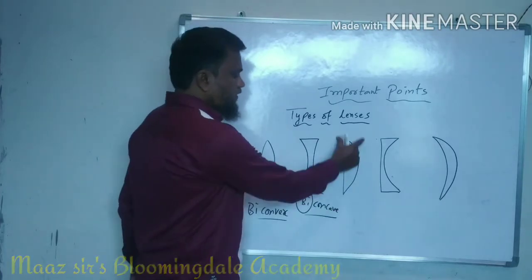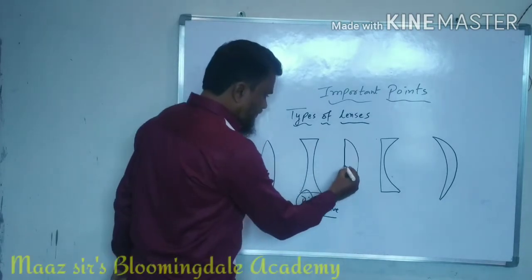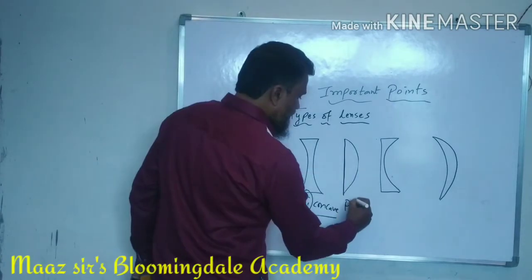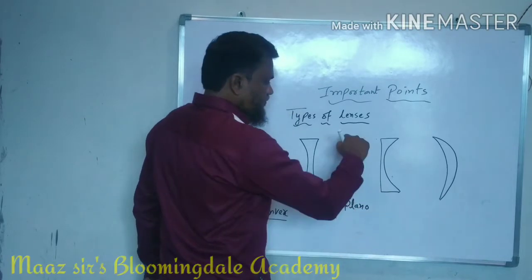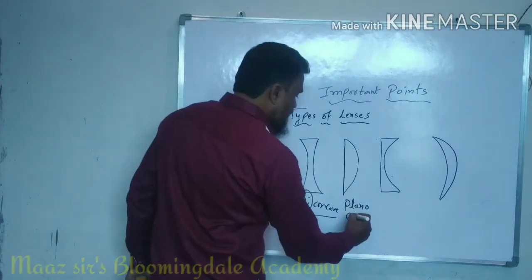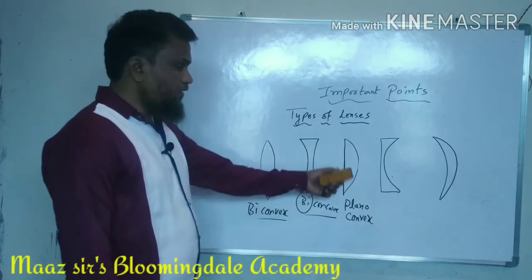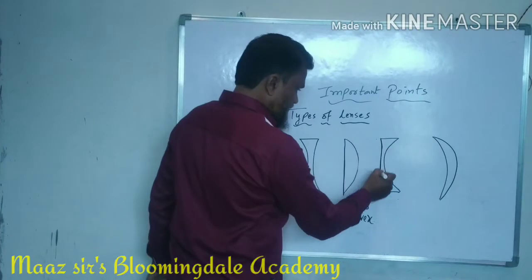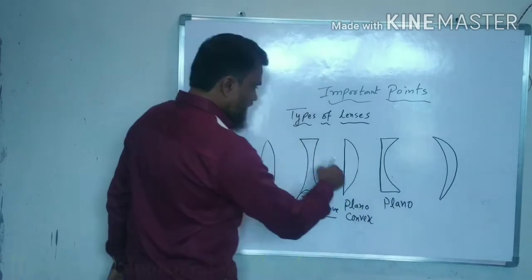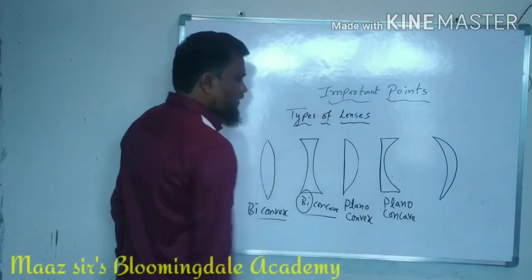Now coming to this lens, what type of lens is that? See, for example, this surface is plane. Is it clear? So first you write plano. This surface is bulging outside, no? So it is known as plano convex. Similarly, how to write this one? Same. First surface, plano. It is bulging inwards, no? It is inside. So it is known as plano concave. If it is bulging inwards, it is concave.